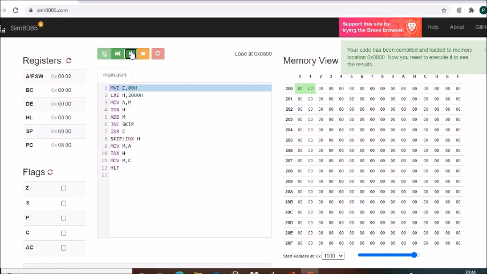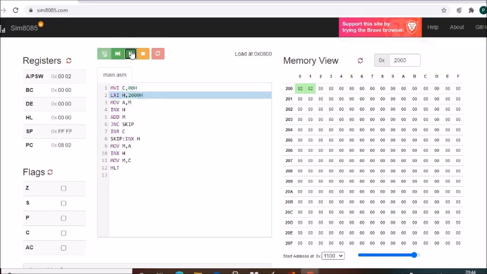MVI C, 00. Then HL pair is loaded with 2000. Then INX H, MOV A comma M. So whatever there was in M, that is in 2000, will be loaded in A; 02 has come to A. Now INX H, HL pair will be incremented to 2001. And ADD M, then 02 plus 02 will be 04. The sum is located in A.